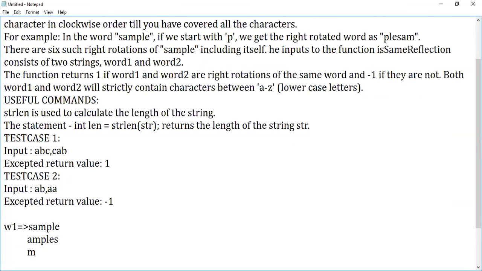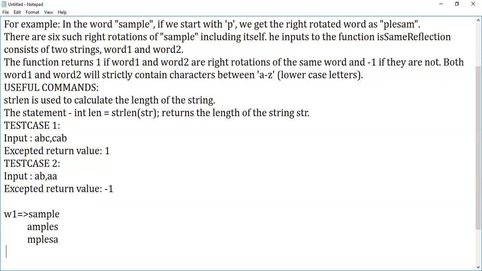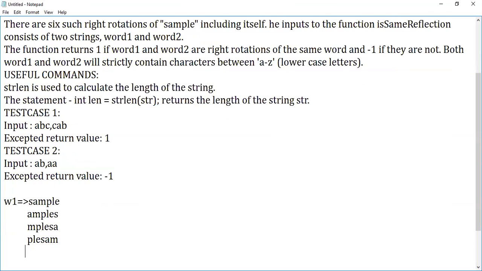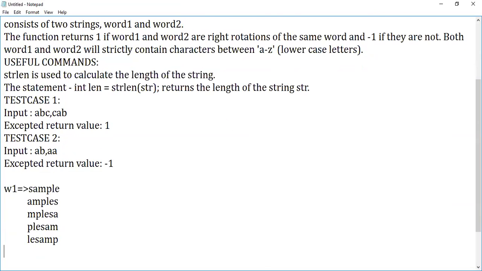If I start with M, followed by P, L, E, S, A. Same way, if I start with P, I'll have P, L, E, S, A, M. If I start with L, I'll have L, E, S, A, M, P. If I start with E, I'll have E, S, A, M, P, L. So these are the possible combinations.